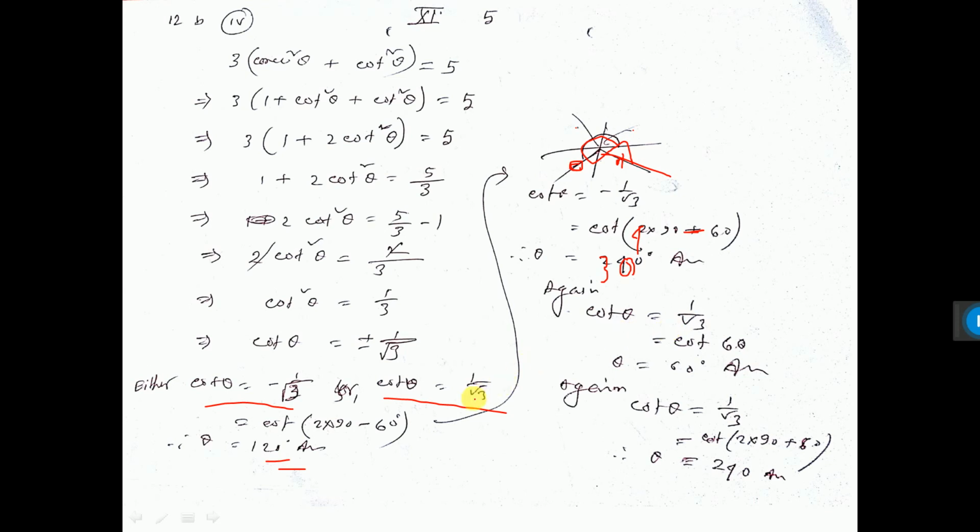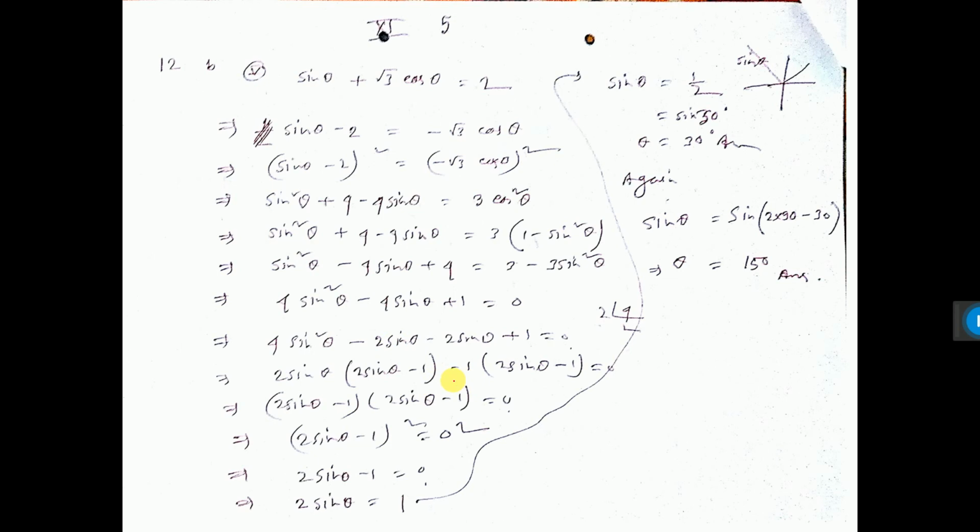And again another one, cot theta equal to 1 by root 3. Here cot positive, that means first quadrant all positive, cot 60 degree, 1 by root 3, so theta 60 degree. Again the third quadrant also positive, all sin tan, tan positive means cot also positive. Third quadrant, how to go? 2 into 90 plus theta. So here 180 plus 60, that is 240. So this is one answer, this is one, this is one, and this is another. So these 4 are the answers. This sum also you can do that way. I am not explaining because you can understand.